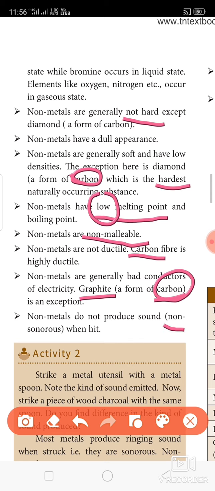Non-sonorous, that is known as non-sonorous. They do not produce sound. In activity 2, they have explained what is sonorous. Okay,